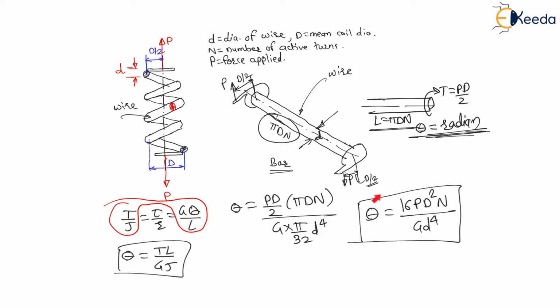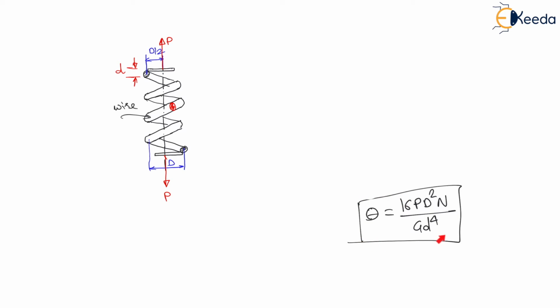Now this is the angular deflection. So let us understand the linear deflection. Because of this tensile force, there will be a linear deflection delta in the spring. Now my dear students, as this theta is an angular deflection in the spring, therefore in the spring there will be a linear deflection also. The spring will come downward like this. This straight line will become curved like this. That means the spring will come down by delta amount in the downward direction. So let us understand this linear deflection.